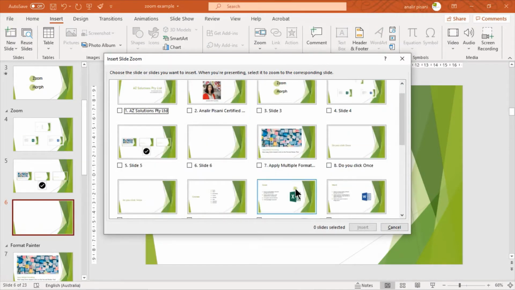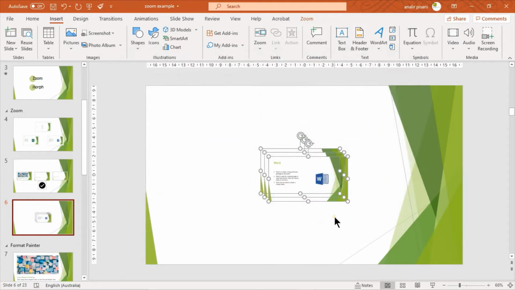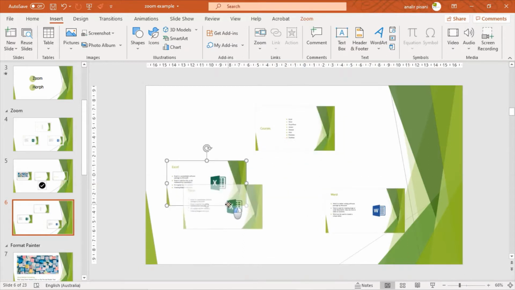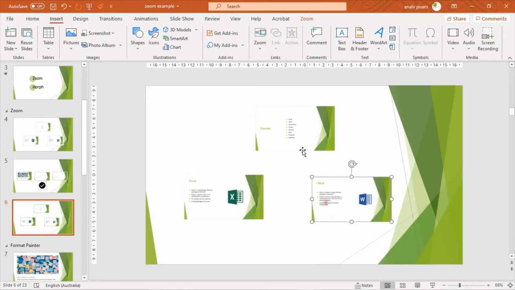Now the particular slide I want to go to is this one here called courses. I want to create another link to this one here and this one here. So I'm going to bring all 3 in at the same time. Click away from it and then position them wherever I like. Okay, so as I've got them there in position,